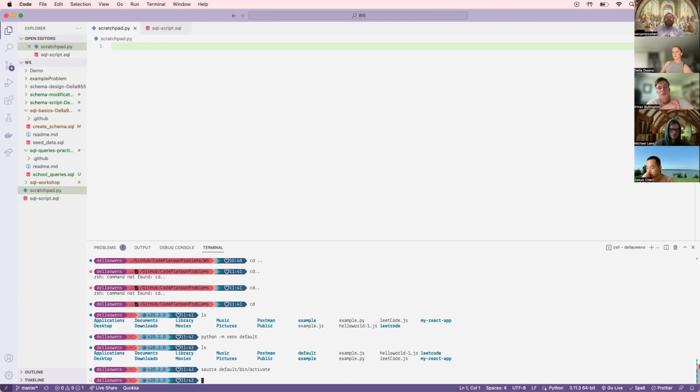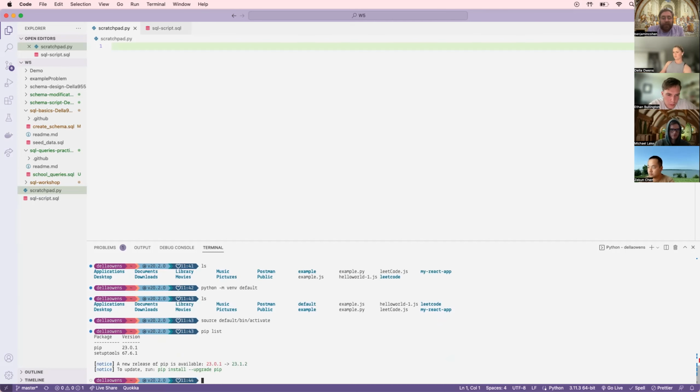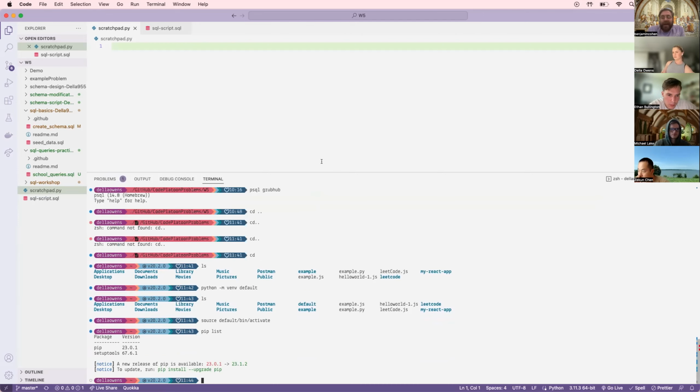And if you typed pip space list, it would tell you all of the things that pip knows about in your default environment, which looks like not too much. It's telling you can upgrade pip if you want. It's not super necessary, but maybe you'd want to do that eventually. Okay, so now that we've done that, the thing is, if we were to exit and reopen our shell, it wouldn't remember it. So what we want to do now is open up,